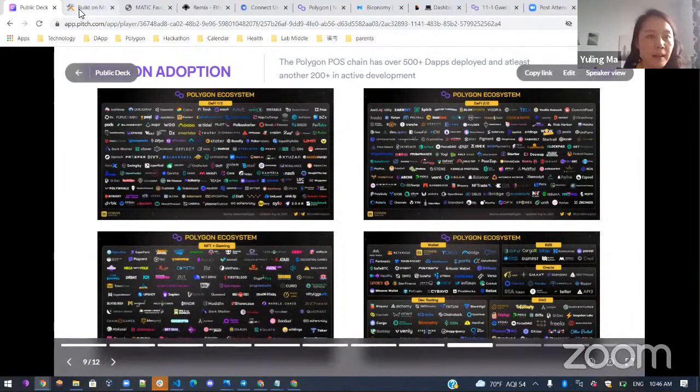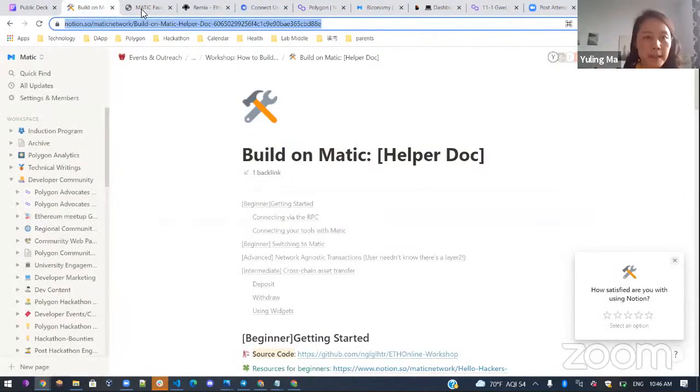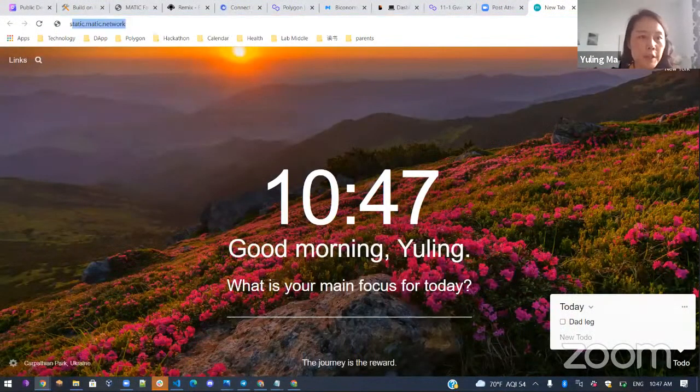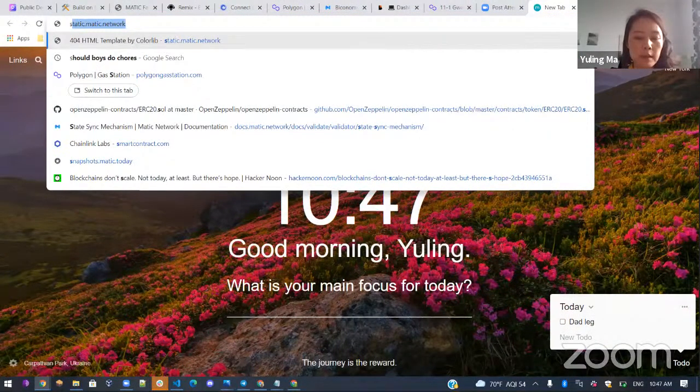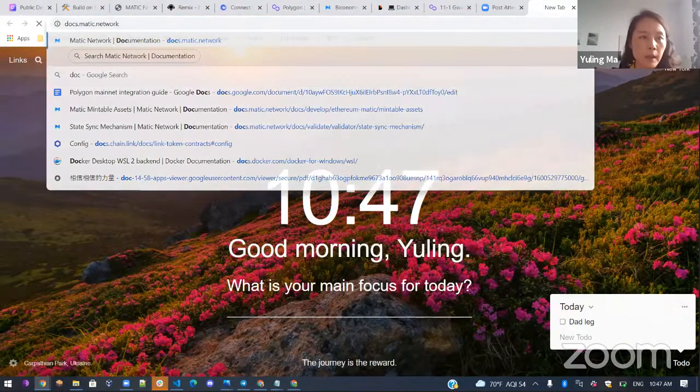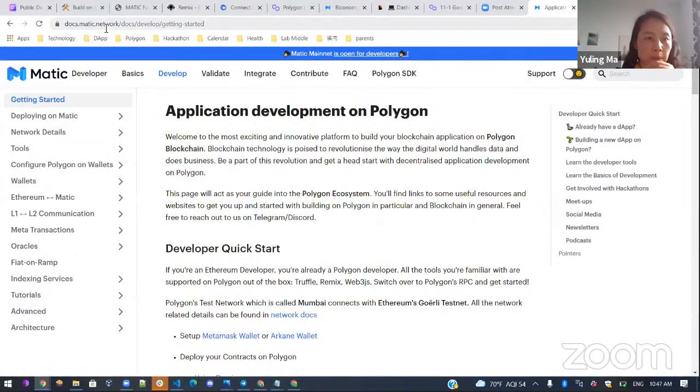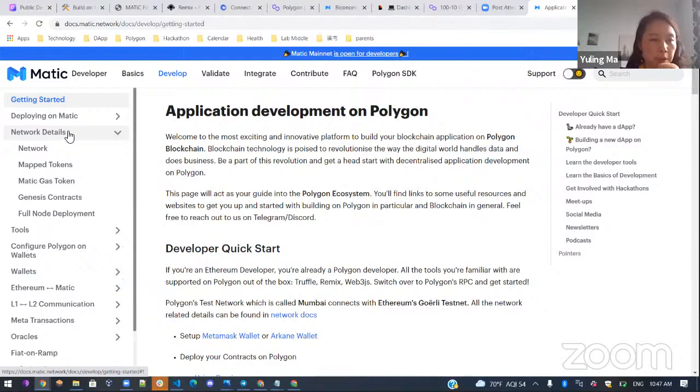So with that said, let's first get to our deployment on Polygon, or how you first connect to Polygon. So I'll start with MetaMask first for connecting with Polygon. The information for Polygon network details, you're able to find in the documentation. So you can go to matic.network and then docs, and once you're there, you can come to network